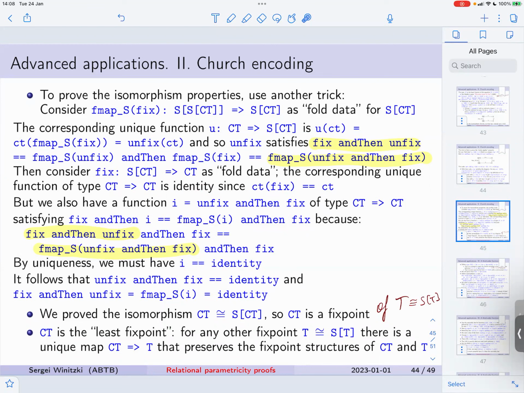So by uniqueness, it follows that I is identity, and so I was defined by unfix and unfix, so that is identity. So now we have proved that unfix and fix are inverses, and the other direction, fix and then unfix, it's just equal to that. So that's an F map of identity, and that's identity. And so this proves the isomorphism between